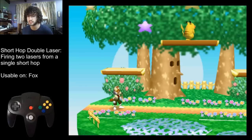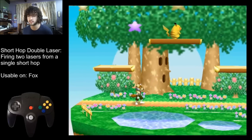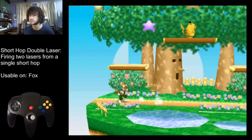The short hop double laser technique allows Fox to get 2 lasers out in a single short hop. This is a really desirable technique, especially because many people consider Fox's laser to be the best projectile in the game. They think this because